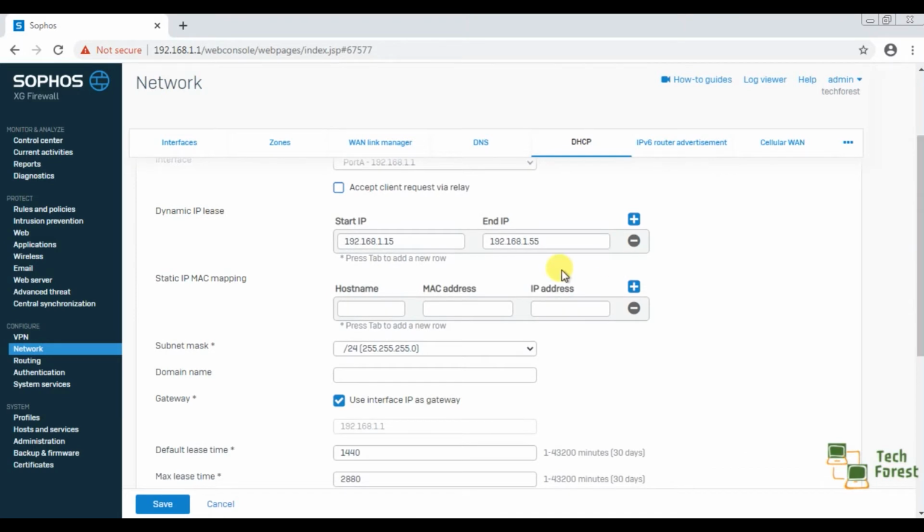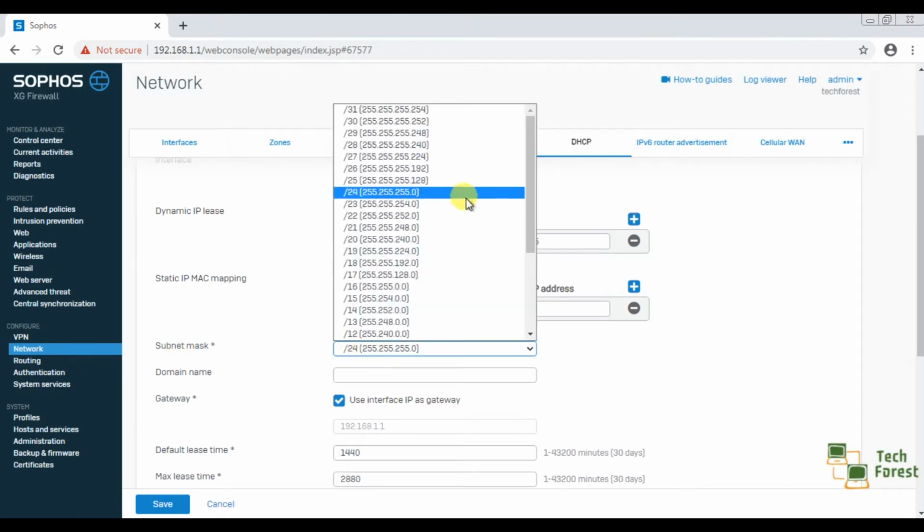In our next option, we can do MAC binding. This is not a mandatory field for today's discussion. We will see how to do this in our upcoming videos, and what the benefits of using this option are. The next option is subnet mask. If you drop down this option, you will find the subnetting options.